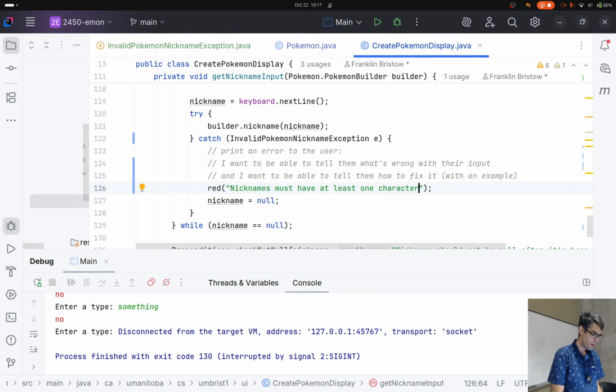Nicknames must have at least one character. Nicknames must have at least one letter. Do my parents know what that means? Yes. I think everybody's parents know what that means. We assume that our parents can use a computer. They're typing stuff into this right now, but they don't know what a string is. They don't know what the technical details of our implementation are. Nicknames must have at least one letter. E.g.,